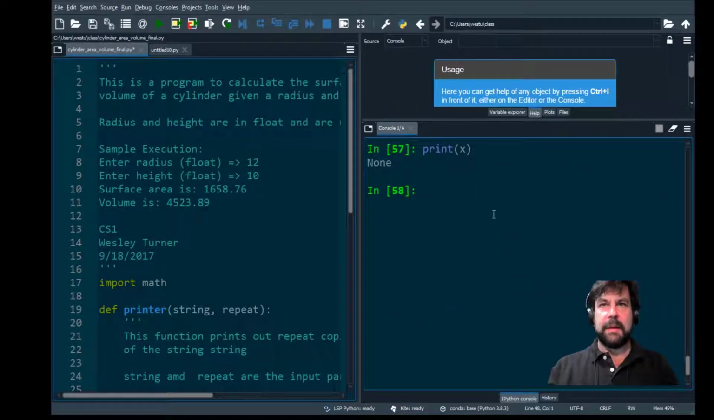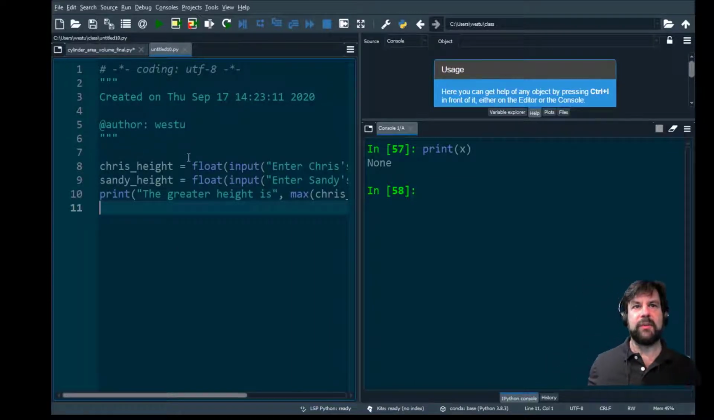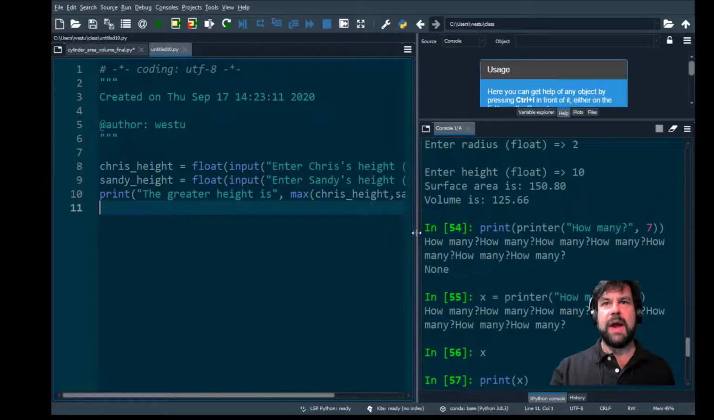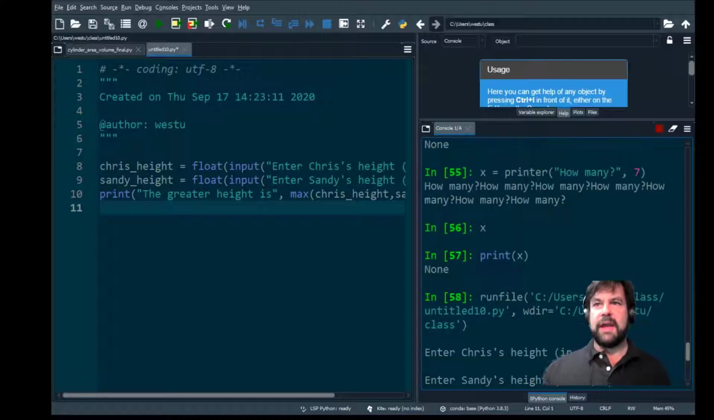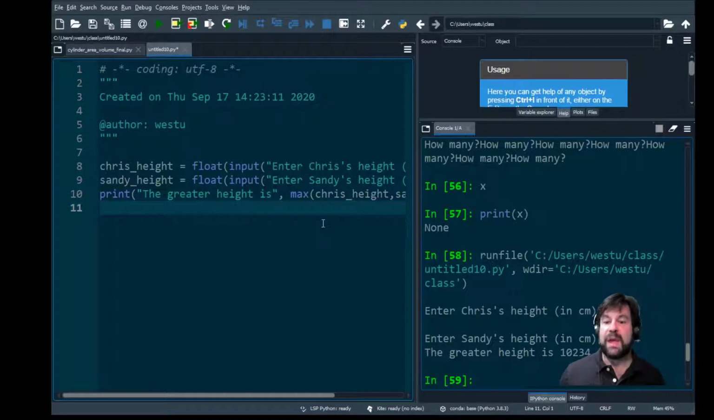All right, so we can come in here and paste in some code. We're going to ask for Chris's height, and we're going to ask for Sandy's height. And then we can use our max function to determine what the highest height was. So in centimeters, we'll say 13 centimeters, because Chris is a little bit short. And Sandy, well, Sandy's a giant, 10,234 centimeters. Using just this code, we can say that 10,234 is